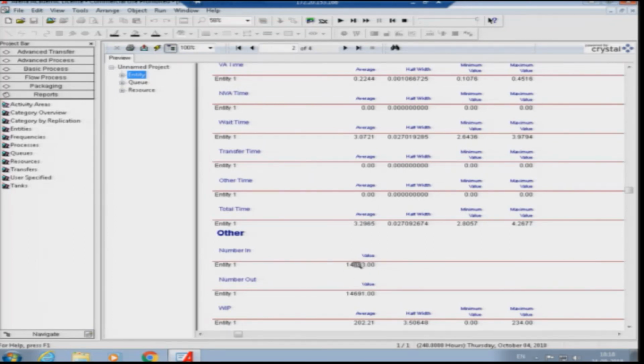You see when we increase it to 200, it is still not much affected. You can say 200 fewer entities got output from the system, so it is not that much affected.